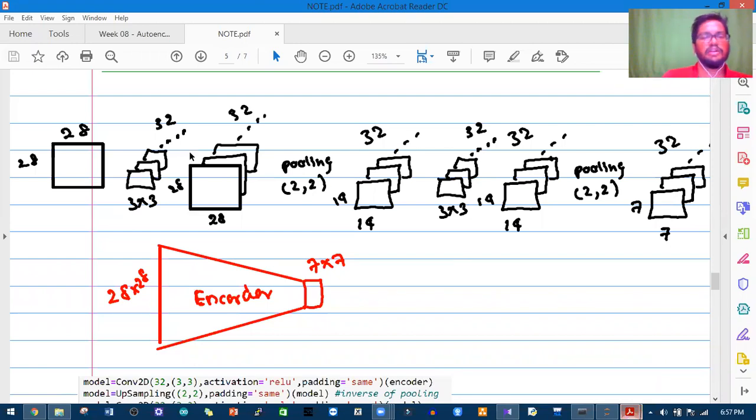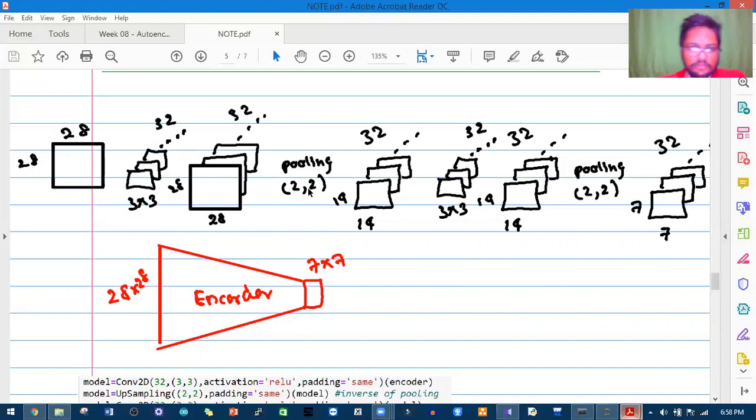So now we know we have a 28 by 28 image, and when you apply 32 kernels of 3 by 3, it will create 28 by 28 outputs, 32 of them to be exact, right? But the size is reducing due to the pooling layer. Can you remember the pooling layer? It's going to reduce the size. So if you are using 2 by 2 pooling, the 28 by 28 image will be reduced to 14 by 14,